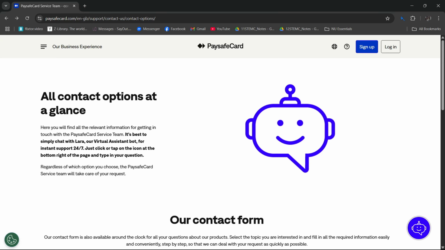Do you want to know how to unblock your Paysafe card account? Here's the step-by-step process on how to do it. So first, you need to access your web browser and kindly search for the